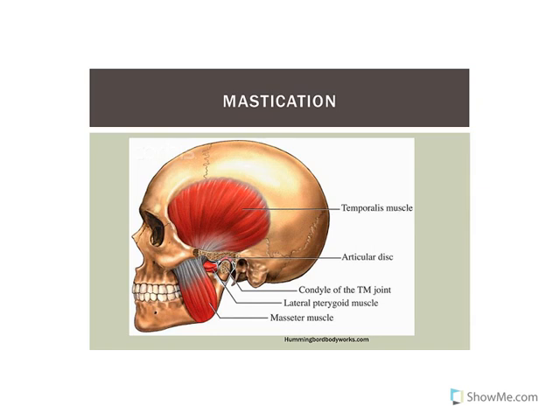The first one we're going to look at is the process of mastication, which is just a fancy word for chewing. You may or may not have learned of some of the muscles in Anatomy and Physiology 1 involved in chewing. The masseter muscle, your temporalis muscle, but you also have your medial and lateral pterygoid muscles. The medial pterygoid muscle is not shown on this image, but all these muscles are involved in the process of